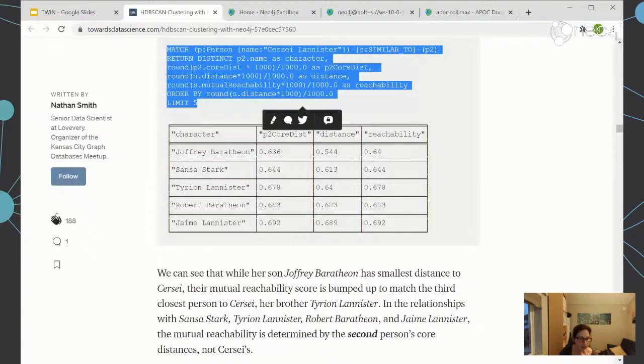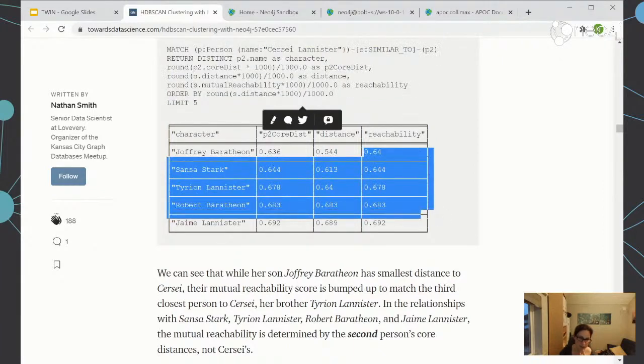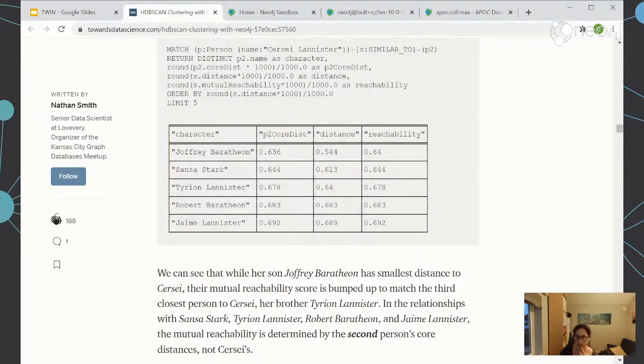The mutual reachability is determined by the second person score, not sources, which makes sense. Okay, so if we talk about the mutual reachability, because that's slightly different, if you're thinking about what's happening with the groupings, it's not necessarily dependent on one person. If you think about a route that you're taking, like the min spanning tree, and you're looking at the different points you need to get to,